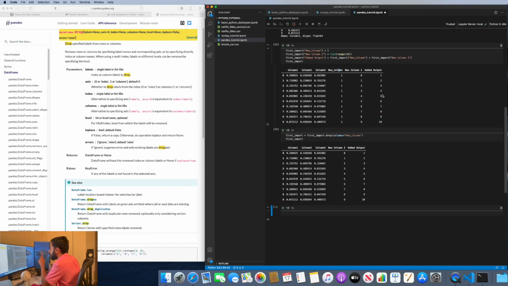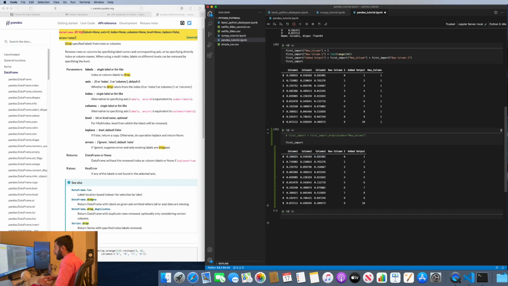Another thing that I want to make clear to you guys also. This is a little bit confusing. So in Python, there's like always more than one way to do stuff, and in Pandas that's no different. If you want to drop a column, a lot of the methods can be used directly. So for example, you don't have to say first import equals take first import and drop that column. You can just say first import, so that data frame dot drop, and then we'll use the same columns argument, new